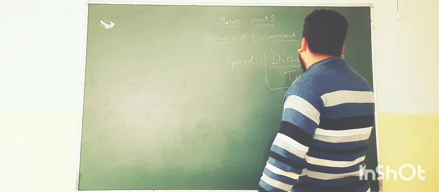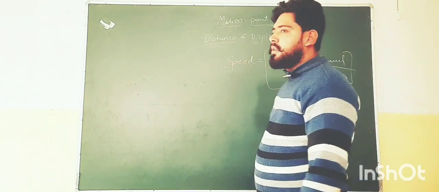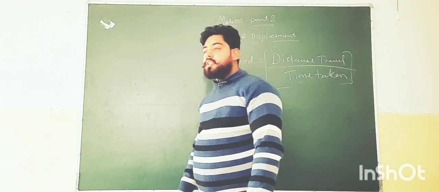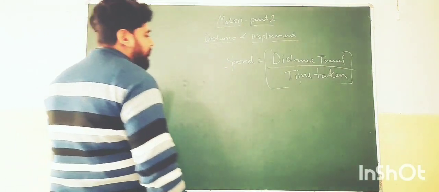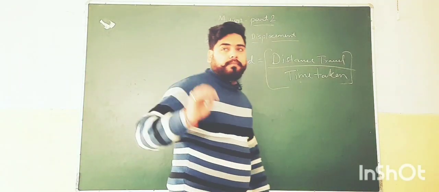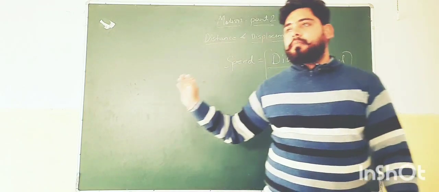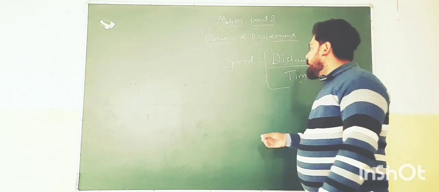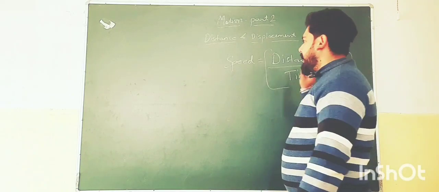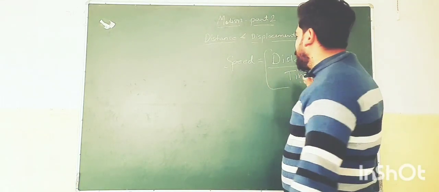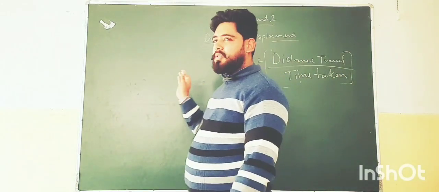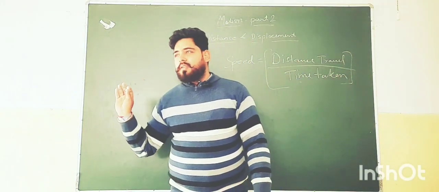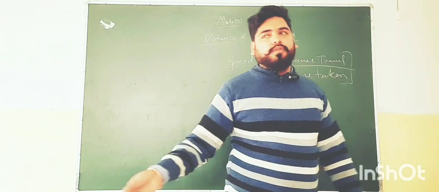This is the formula of it, and from here only we can define it also. Speed is defined as the total distance traveled per unit time, or total time taken. This much. Two things we can add: you all know from the earlier classes, from the smaller classes, from math also, and in all these subjects we study about speed. That is distance upon time. In physics also we learn about that.